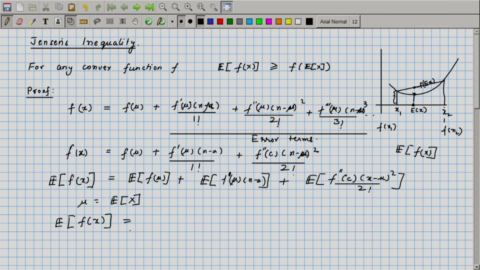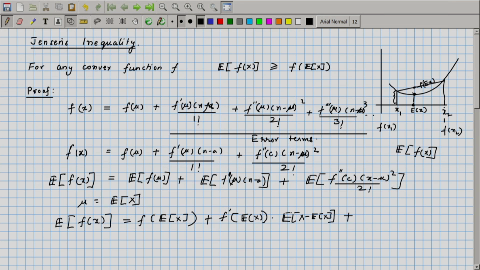This is going to be equal to expectation of f of mu. Mu is the expectation of x, which is a constant. So, this is going to be just f of expectation of x plus f prime of mu, that is going to be f prime of expectation of x, that is a constant that comes out, times expectation of x minus expectation of x